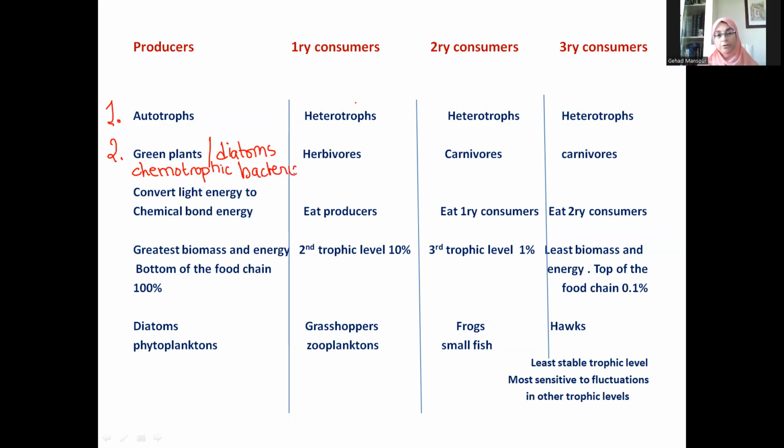But if we are talking about green plants, then the first consumer will be considered a herbivore, like rabbits, for example. And an organism that feeds on a herbivore is a carnivore, and an organism that feeds on a carnivore is a carnivore. So secondary consumers and tertiary consumers are usually carnivores. A secondary consumer cannot be a herbivore.